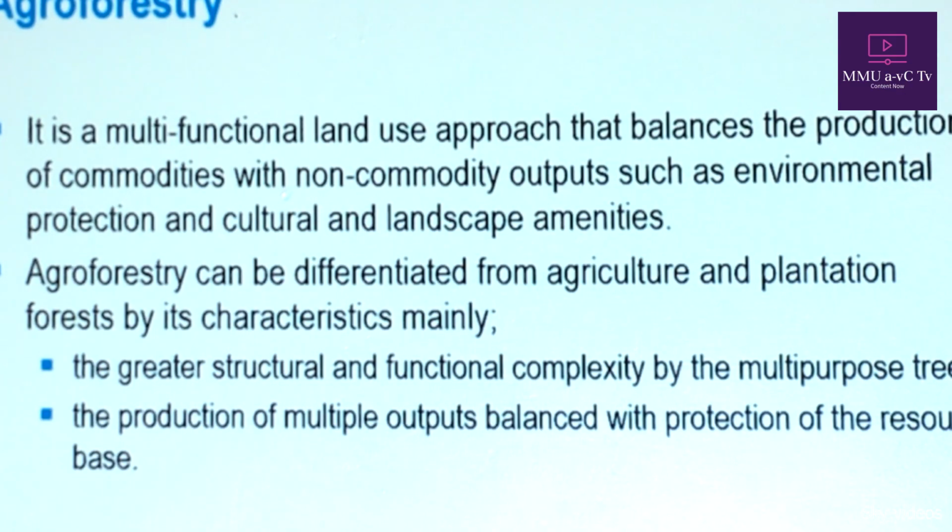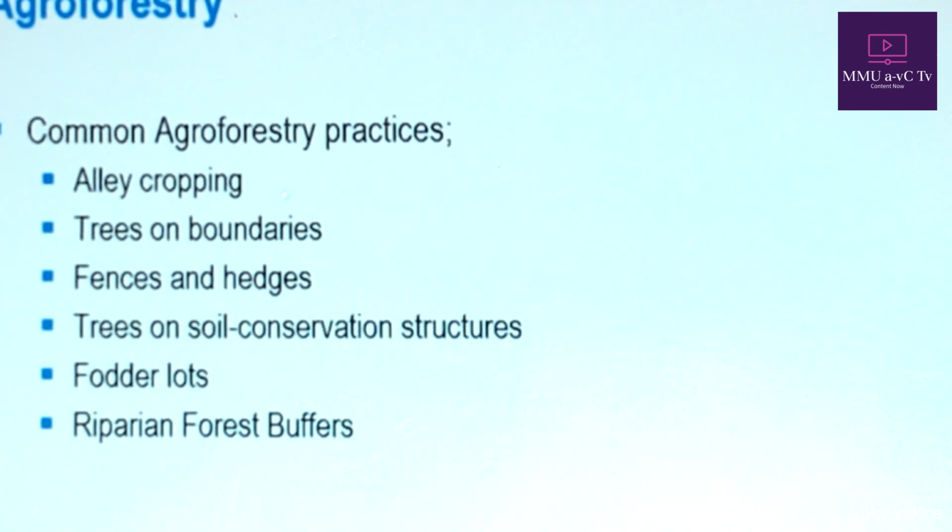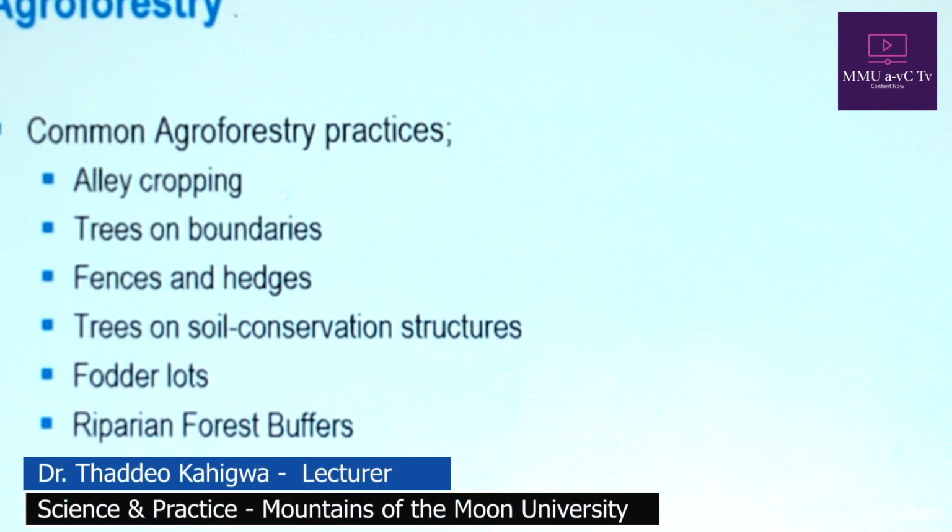Agroforestry can be differentiated from agriculture and plantation forests by its characteristics, mainly the greater structural and functional complexity, the multipurpose trees, and the production of multiple outputs balanced with protection of the resource base. We have different agroforestry practices, for example, alley cropping, planting trees on boundaries, fences and hedges, trees on soil conservation structures, fodder lots, riparian forest buffers,